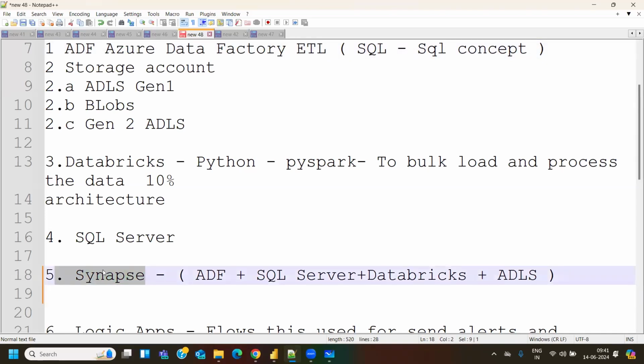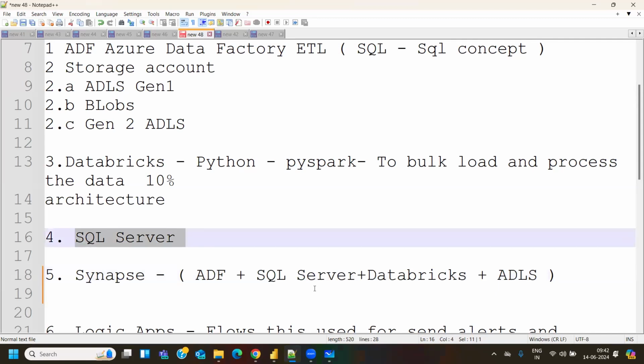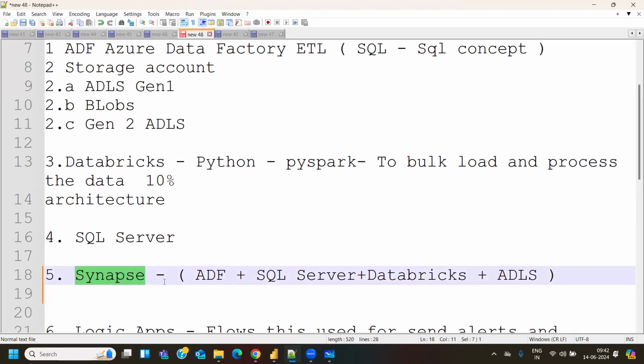Whenever you are creating a Synapse workspace, all these services will be automatically created in one single environment. If you create every service separately, you have to manage every service independently. But if you create a Synapse workspace, it will